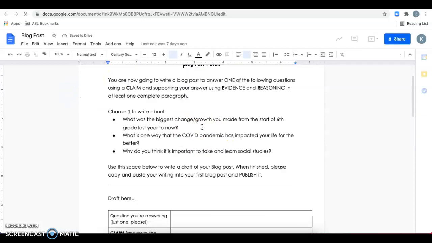So for the first blog post, you're going to choose one of these following items to write about. What was the biggest change or growth you made from the start of sixth grade last year to now? What is one way that the COVID pandemic has impacted your life for the better? Or why do you think it is important to take and learn social studies? So again, you're only choosing one of these, and you're going to include claim, evidence, and reasoning to write your